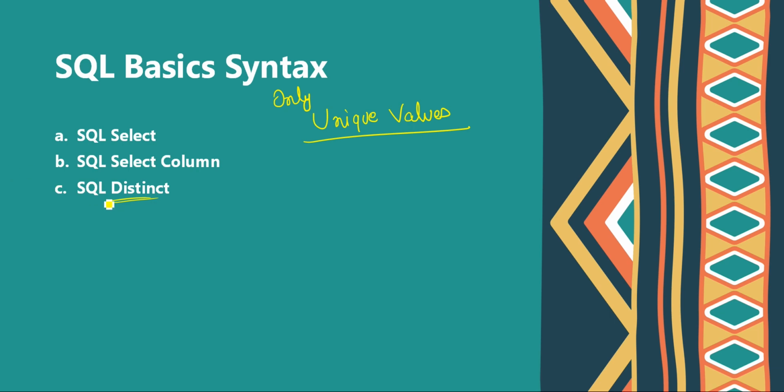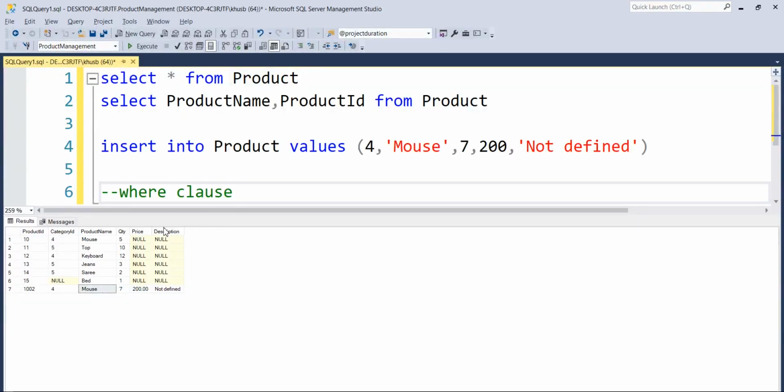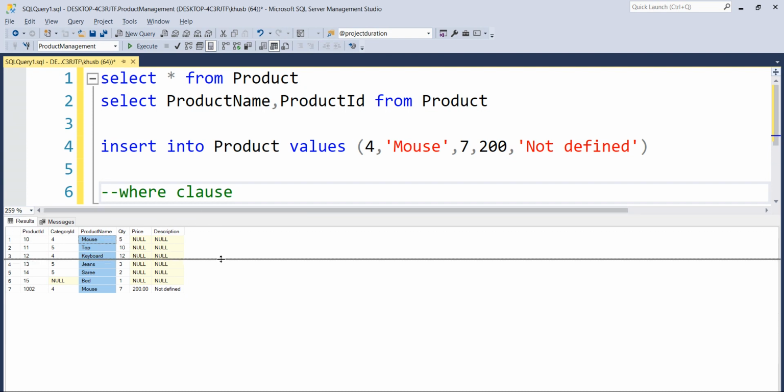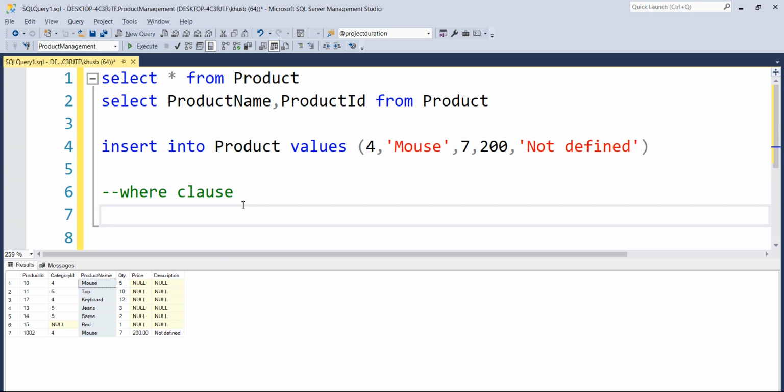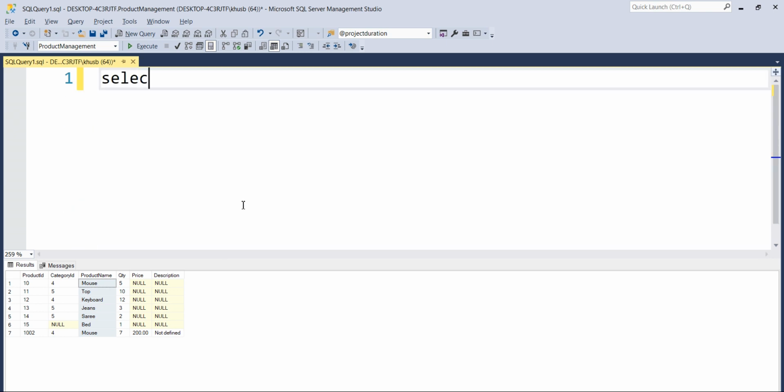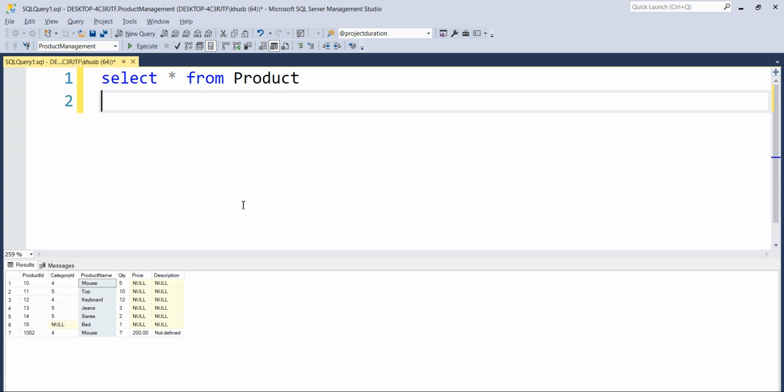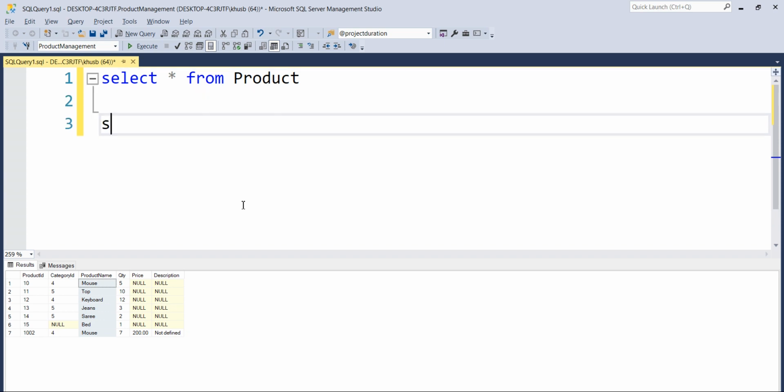Now what is this distinct going to do? Let's say I want to select only distinct product names. What are the unique product names in my database? So I will simply write select star from product. It is going to select all the products, and now I want to select distinct product names. I need to write distinct.